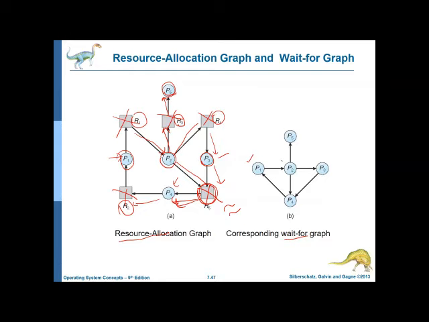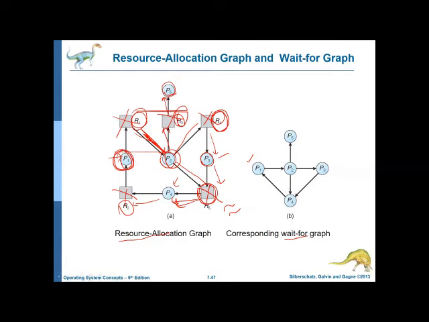Suppose P1 arrow P2. What does that indicate? That is, P1 has requested some resource R1, which was actually held by P2. So we can directly draw an arrow from P1 to P2, indicating that P1 is waiting for P2 to release some resource. Similarly, P2 is waiting for P5 to release some resource, which was resource R3. P2 is waiting for P3 to release some resource. What was the resource? It was R4, this one. And so on. P3, P4, P2, P4, and P4, P1, and so on. So let us erase all this.